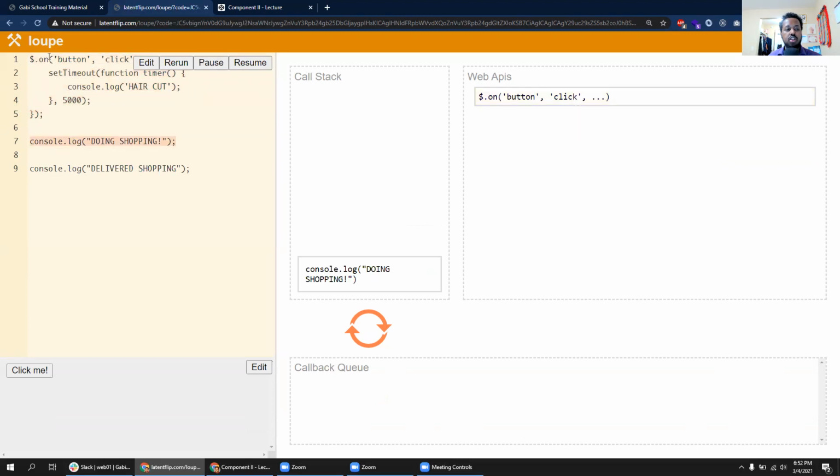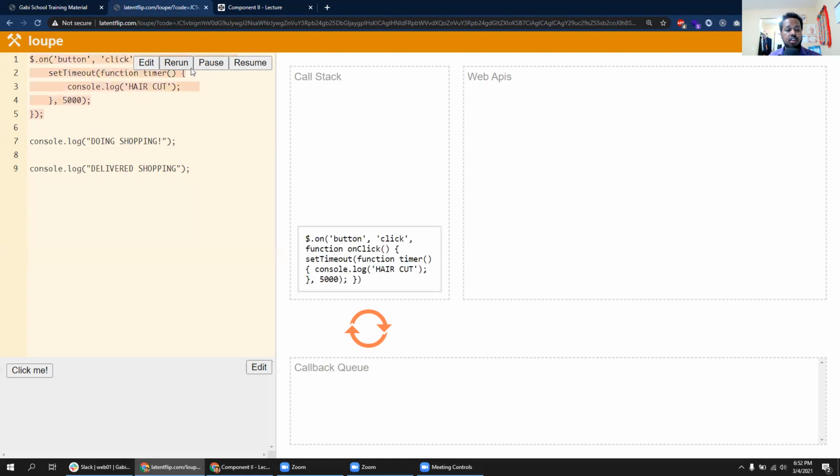So now you did talk to the barbershop, and what JavaScript did was it took the setTimeout of the haircut, and it was supposed to put it in the callback queue right here. I don't know why it didn't do that, but basically it takes the callback message and puts it in here. Any callback function, it puts in the callback queue. This is kind of like the barbershop, and you left the barbershop and you're doing the shopping, and then you move on, and now you did the delivery, you resume, and then after like 5 seconds,